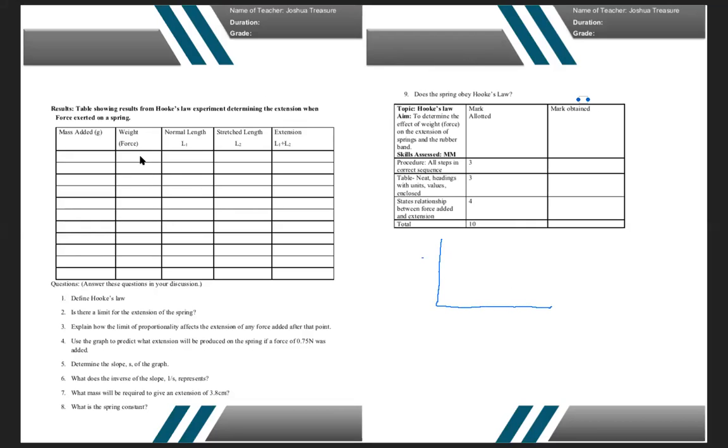Let's just say, remember, I remember it a little better now, how the values were. You had 0.1, 0.2, 0.3, 0.4 going down, right? So on your graph, weight is on the x-axis, and extension is on the y-axis. So weight, or load, is on the x-axis, and extension